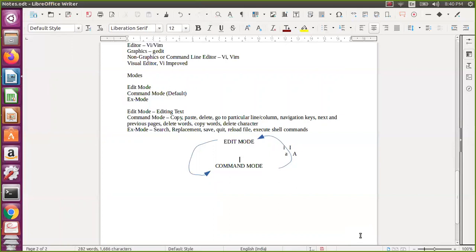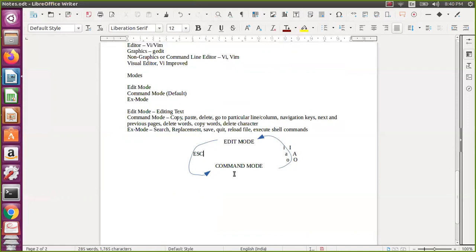So you can see, from command mode to edit mode you can go in multiple ways: you can say I, A, and O, and capital I, capital A, capital O. And edit mode to command mode, there is only one way, and that is escape.